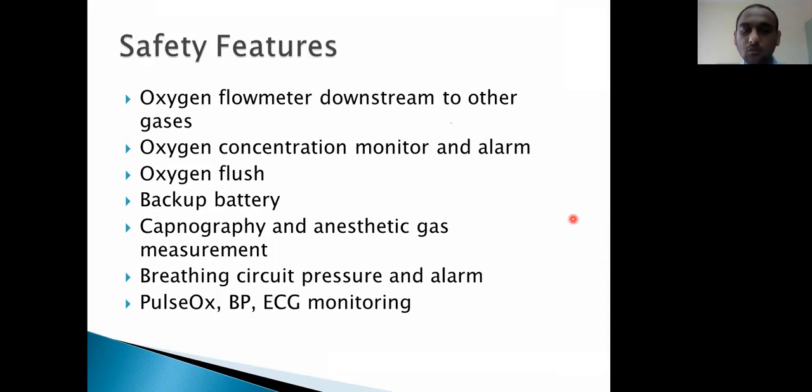All this helps to monitor the patient and the ventilation parameters. It is also a part of the safety features, because as we monitor, we come to know if there are any problems that are leading to changes in, say, the patient vitals or ventilation, and the anesthesiologist can act accordingly, find the fault and correct it.